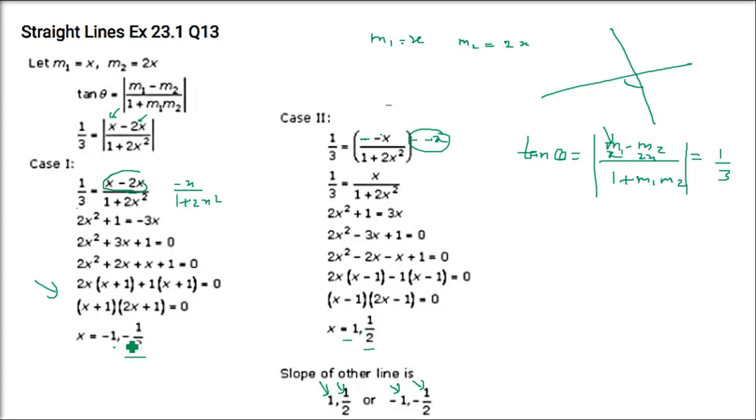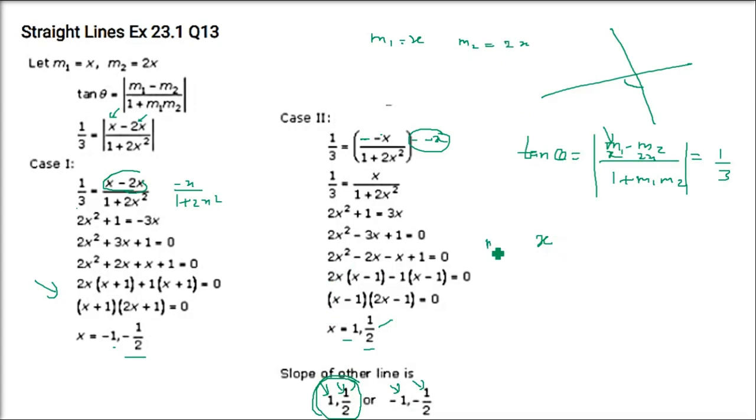As I said, first of all you have to take both the values, 1 and half, and minus 1 and minus half. Both are solutions. Since we have found only x using this quadratic equation, now we have to find m2 also. In your book, only the answer 1 and half is given. But you have to take minus 1 and minus half also. Be very sure that you don't stop at plus 1; you have to take the negative also.